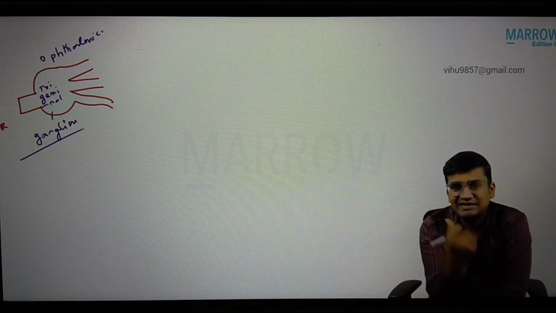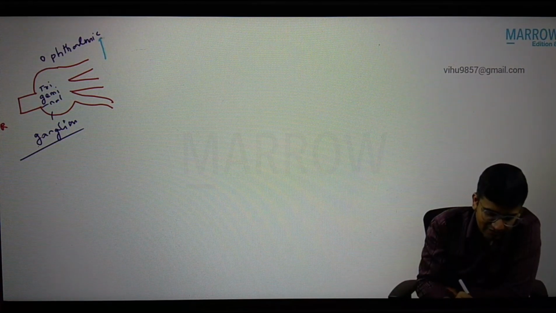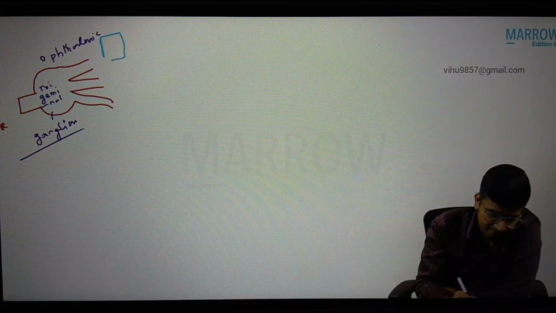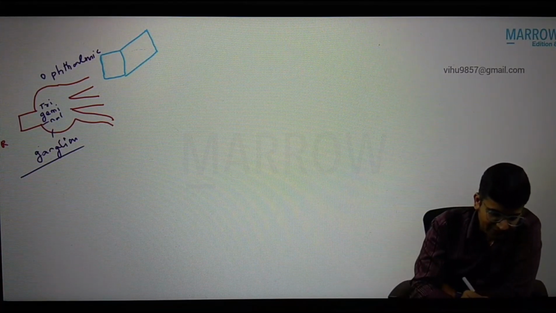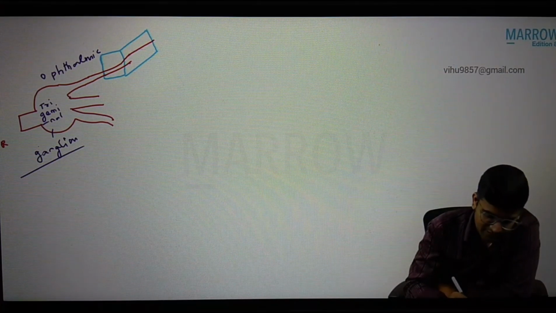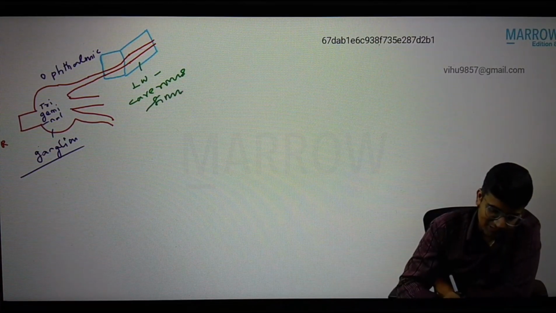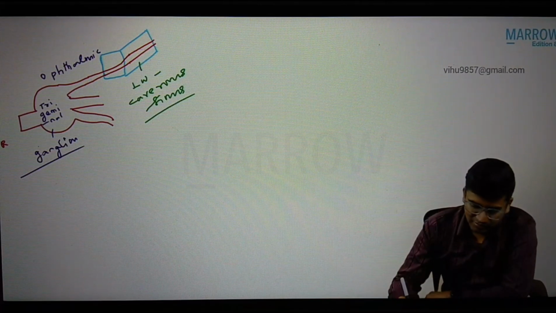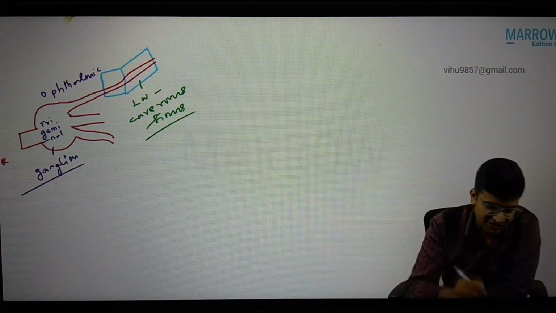Now, the ophthalmic nerve passes in the lateral wall of the cavernous sinus. So this is our cavernous sinus, and this is the ophthalmic nerve, passing in the lateral wall of the cavernous sinus, like this. After passing in the lateral wall of the cavernous sinus, the ophthalmic nerve divides into three branches: lacrimal